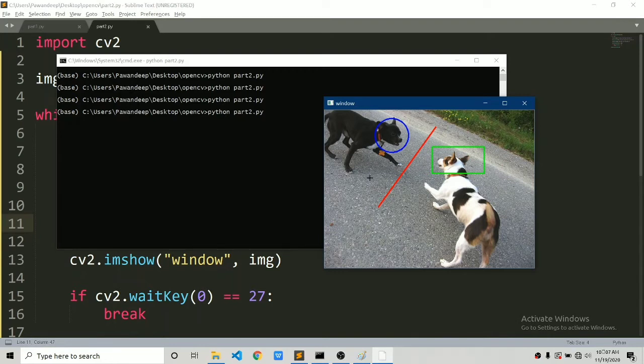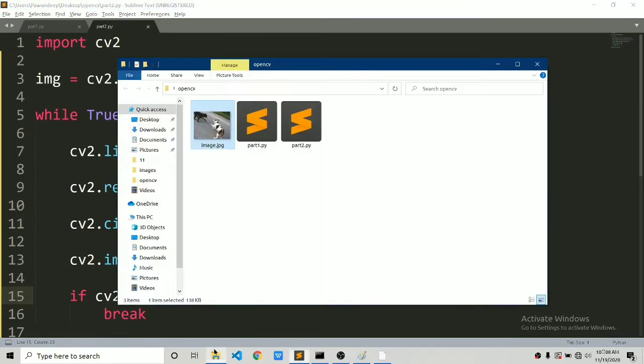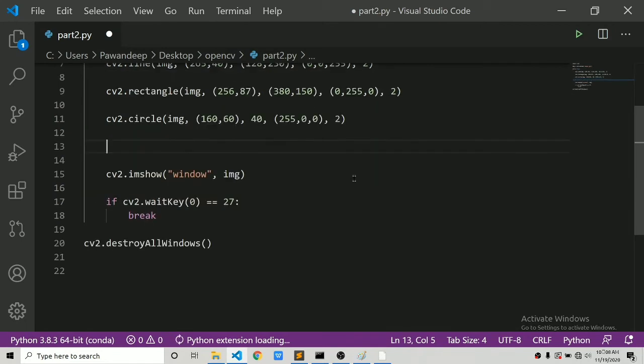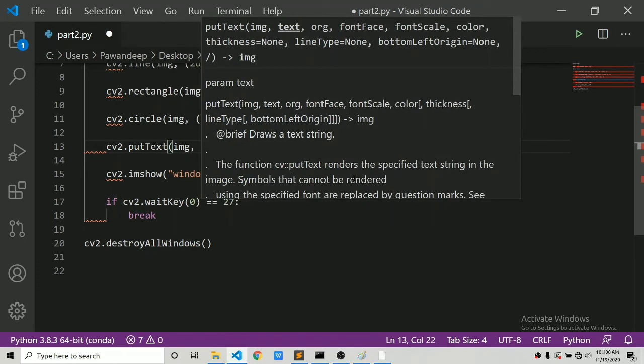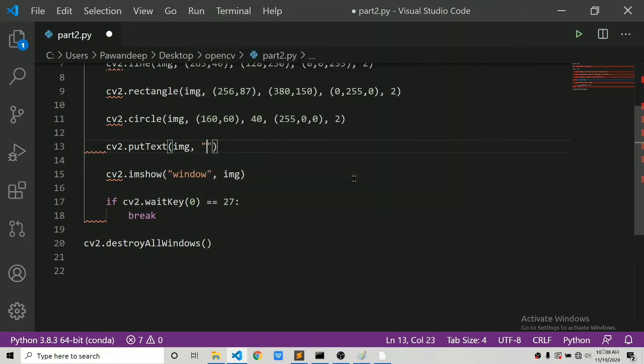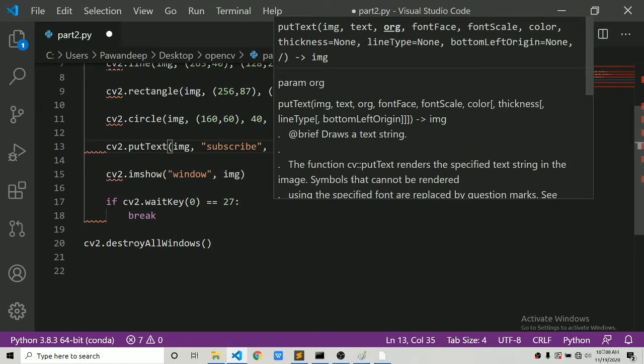Now let's move to the last function, which is putText. For this purpose I will use VS Code just to show you something. So we'll say cv2.putText, with capital T, and obviously the variable, which is img, and then the text which you want to put on, let's say subscribe, and then the coordinates where you want to put the text.